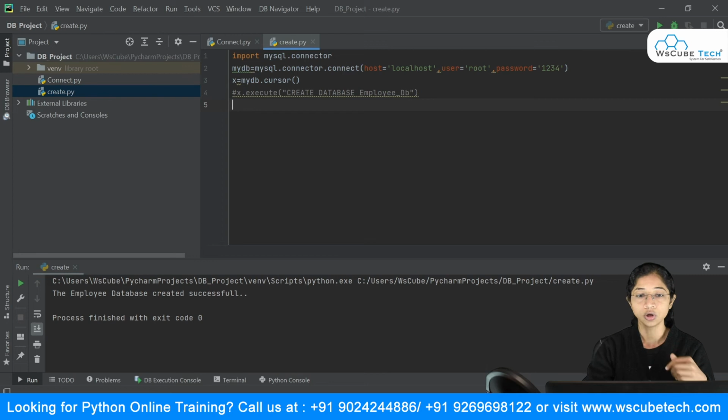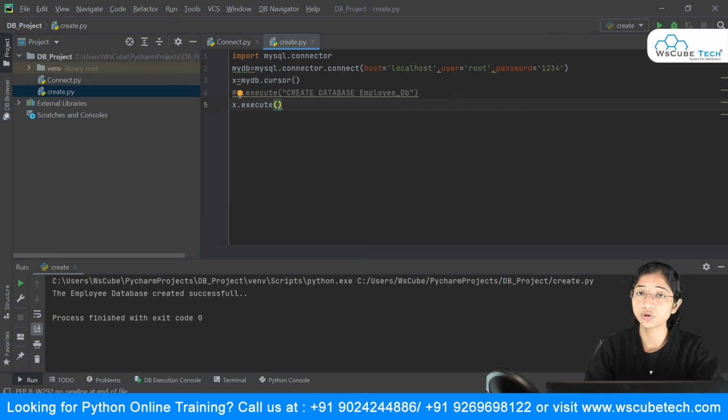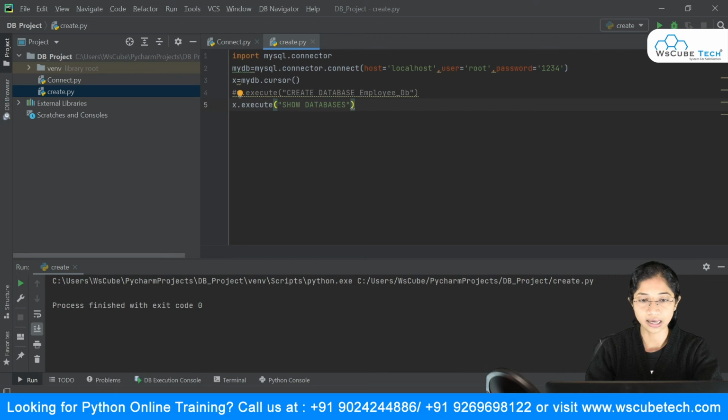so that all the databases can be shown at my console. So I will say x dot execute. We need to make use of this execute method because we are writing a query. Whenever you write a query, you have to make sure you use this execute command. So my query is show databases. Now if you run this, you are not going to see the result, though we are not getting any error. Up till this point it is all fine, but in order to view the data, you have to make use of the for loop.